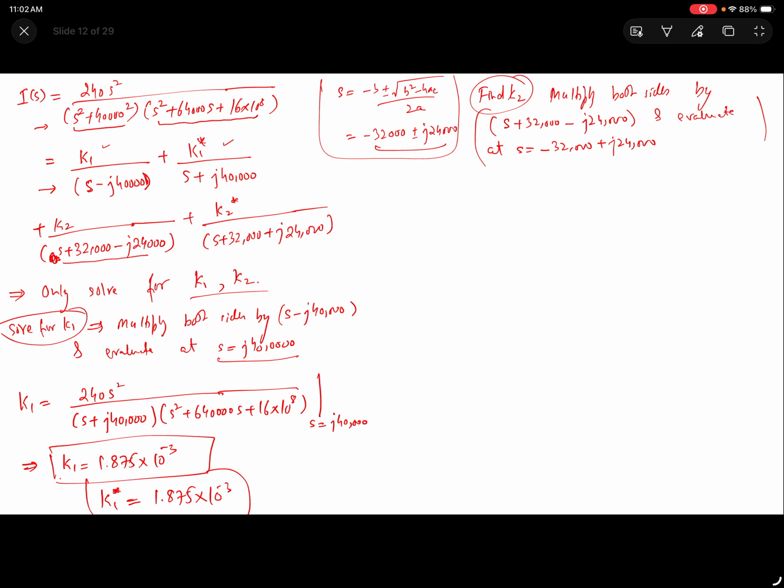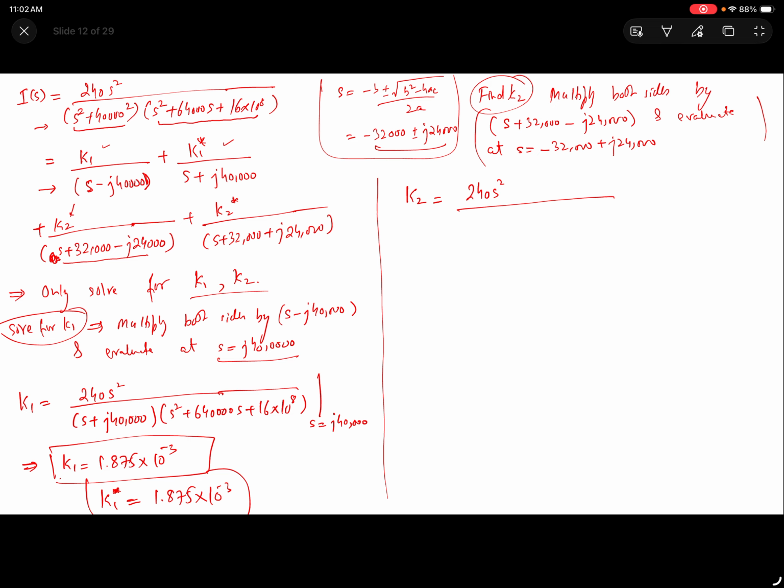Again, we have done these processes in the past. Once you do that, on the right hand side you are only left with the k2 term, and the rest of the terms will be cancelled out. So you are going to get k2 equals